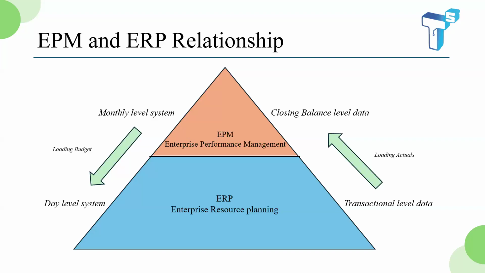If the organization plans to recruit around 50 members, that 50 members data will be residing in the EPM, because that is planned data. So that data will be pushed into the ERP system, so that even the HR level people, the line level people, can also have the planned information.